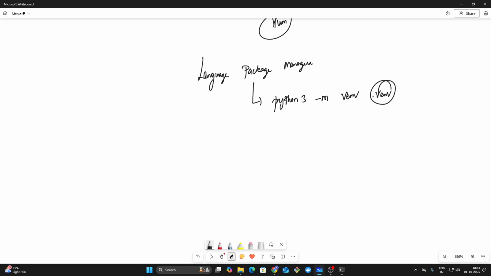Coming to language package managers, you can use Python, pip and virtual environments. You can create a virtual environment with the help of python3 -m venv venv. It will create a virtual environment called venv. And you can activate it with source